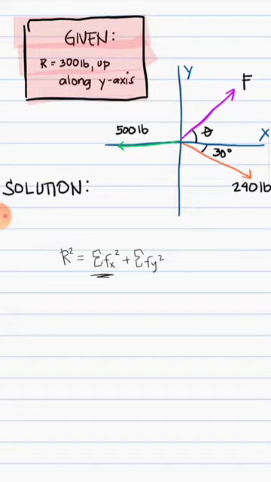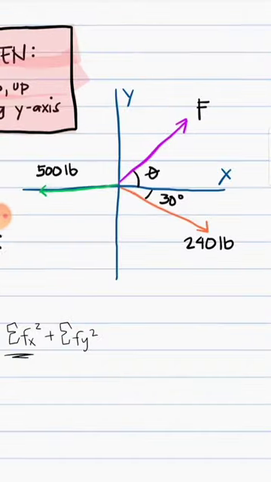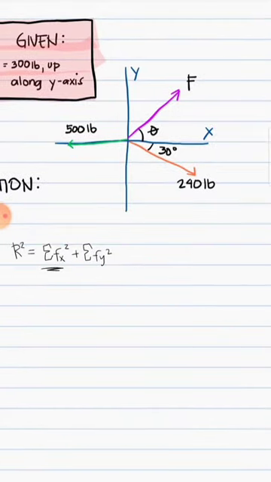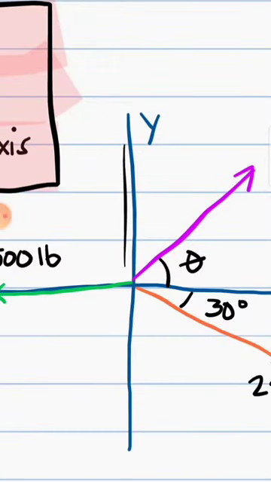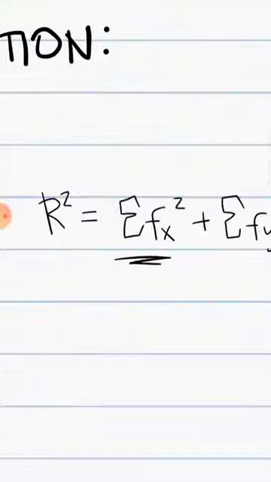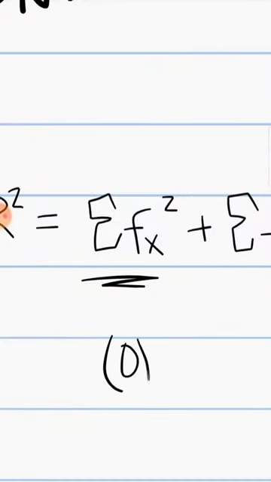The resultant is only in the forces in the y; there's none in x. If the resultant were tilted, for example 45 degrees from the x-axis, then it would have an x component and a y component. But here, it is only along the y-axis alone. So therefore, this component is 0. This is what makes this problem